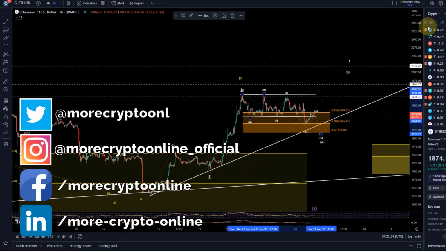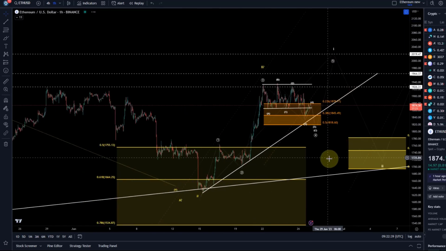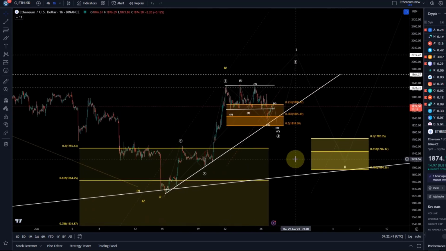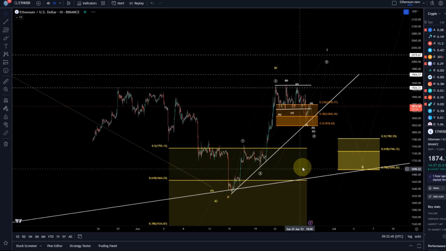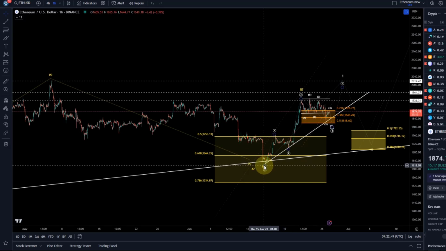In this video, like in the Bitcoin video, I would like to talk about the short-term bullish and short-term bearish scenario. They are both, however, embedded in an overall bullish scenario. The idea is that a larger wave 2 correction finished here on the 15th of June. Price is now in